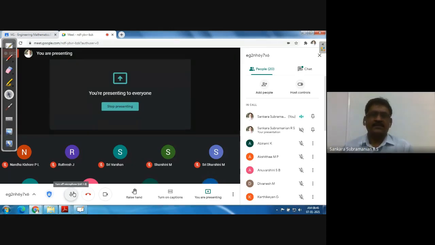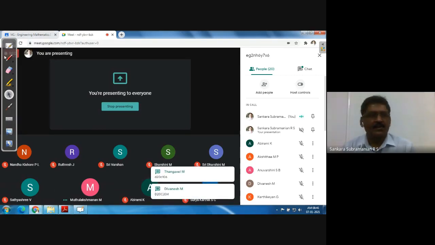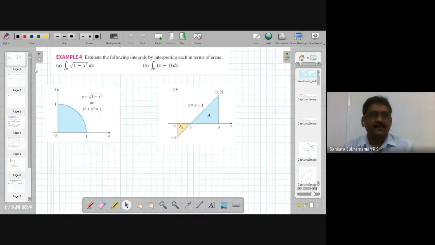Today we are going to continue with more interesting problems on integration, and some techniques we are also going to learn today. Let me go to the board. By easily observing some diagram or the picture, we can interpret the values of the integral by